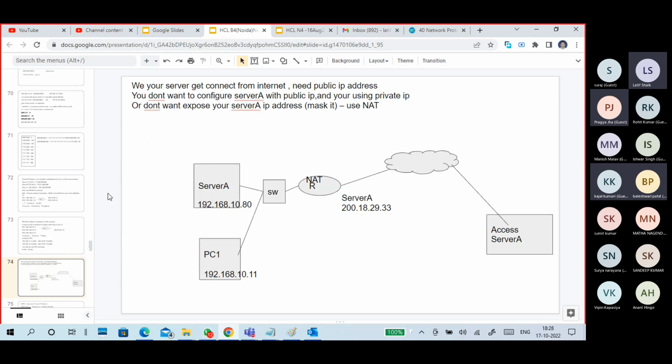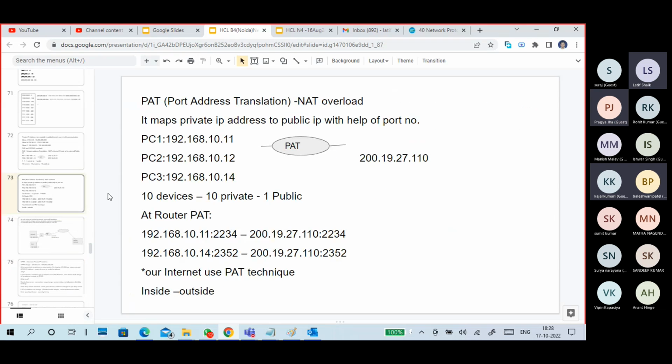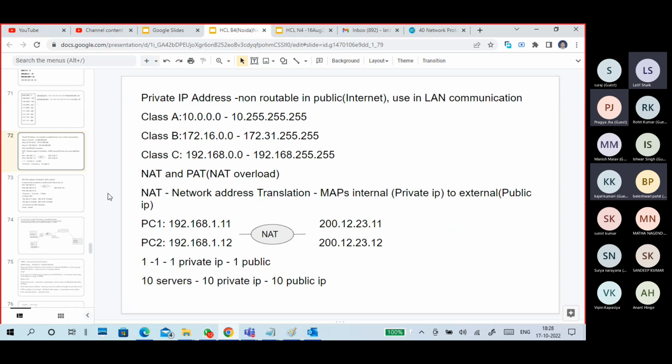Last part, guys. Just a maximum of 5-10 minutes and I will complete it. Then this IP address part will be completed. One or two small parts are no problem, but this is private IP addresses, guys. Private IP addresses are non-routable IP addresses. It means